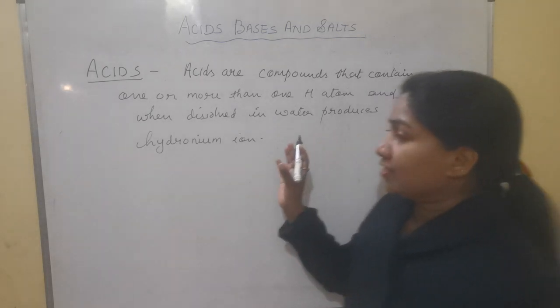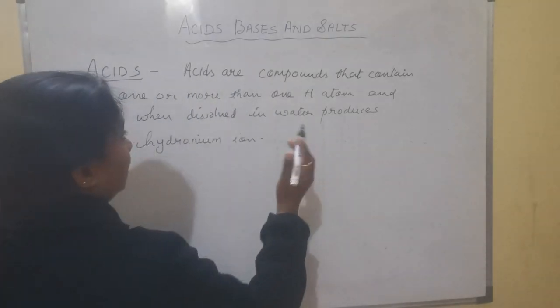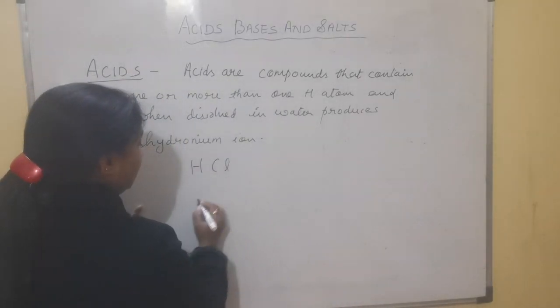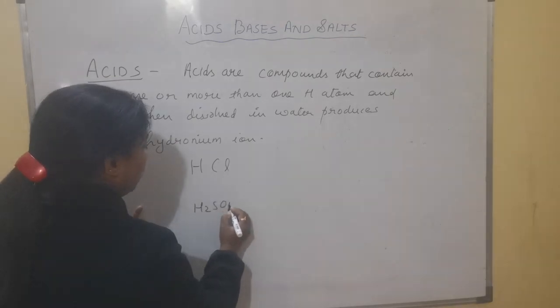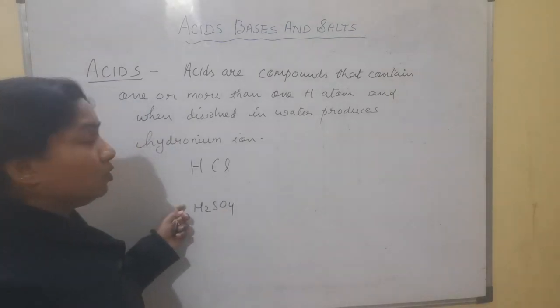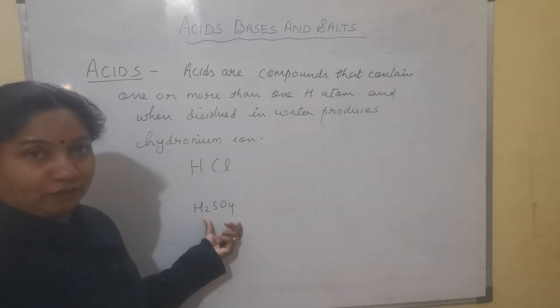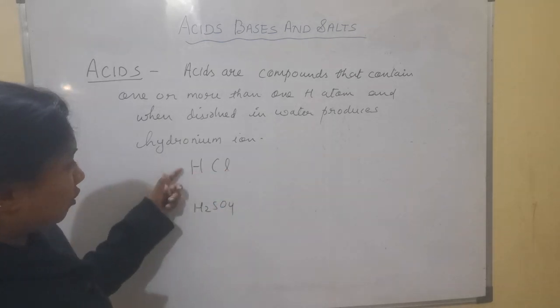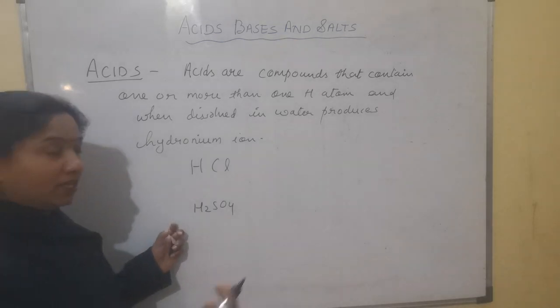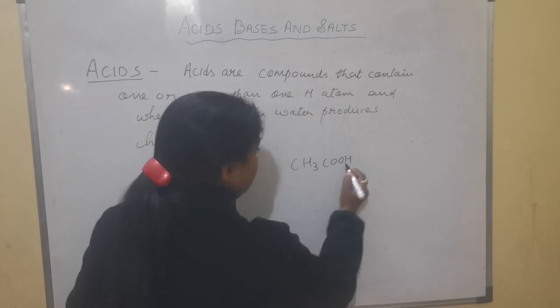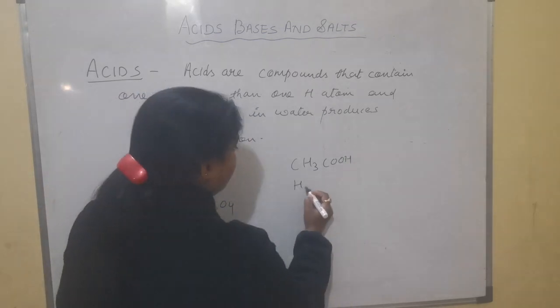What this definition is saying is that acids are compounds that contain one or more hydrogen atoms. Say for example, I have taken HCl and H2SO4. These two are very common acids you are all familiar with, hydrochloric acid and sulfuric acid. You can see the presence of hydrogen atoms in these. Similarly, if we take other examples, this is acetic acid, this is formic acid,